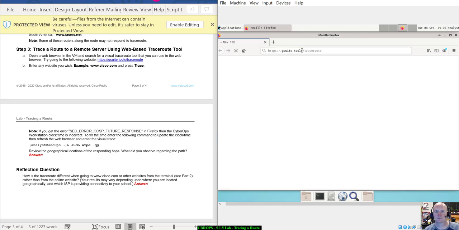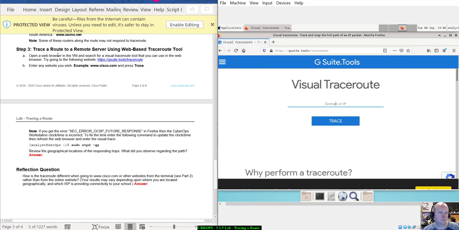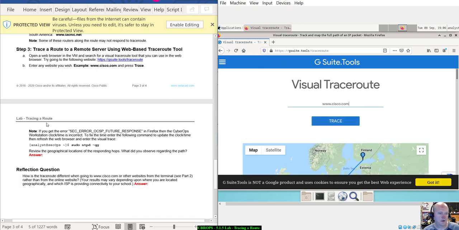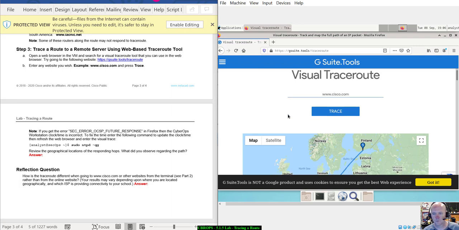Go to https://g-suite.tools/traceroute. There we go. Enter any website you wish. For example, cisco.com, trace. If you get the error in Firefox, which I'm not getting,